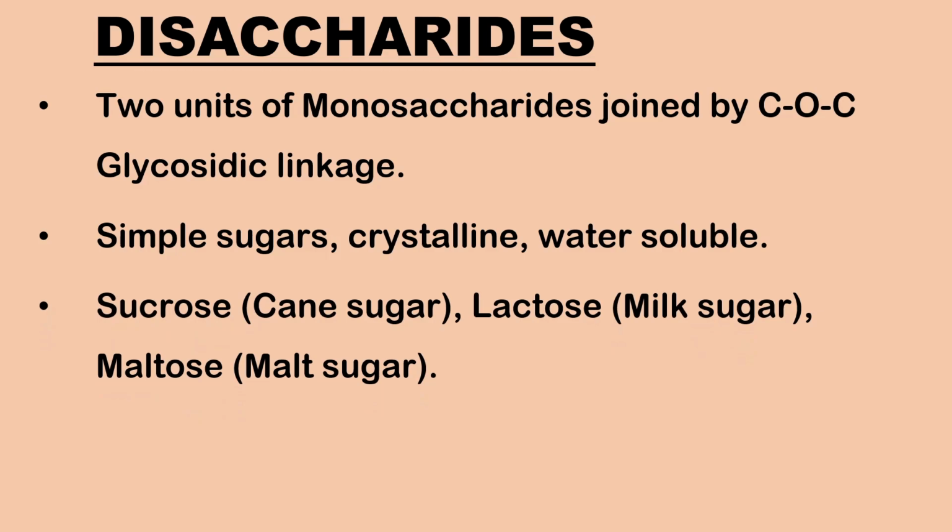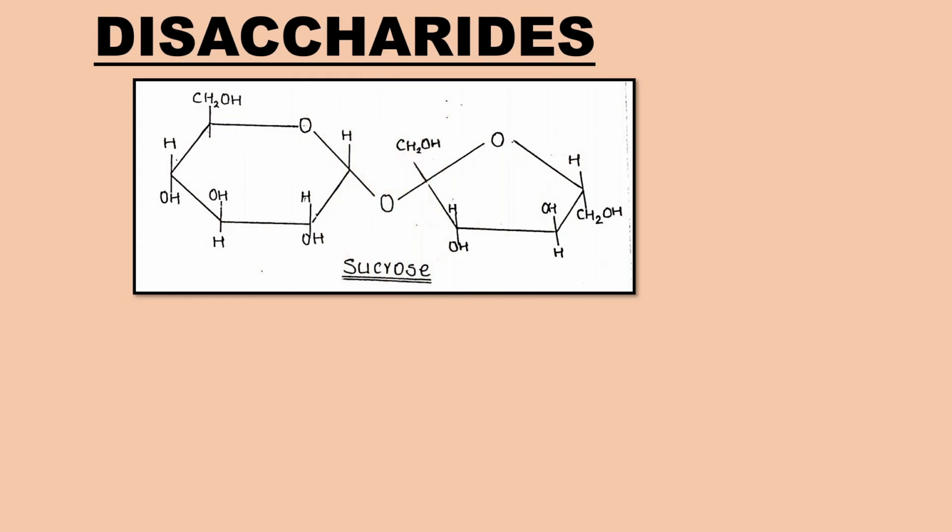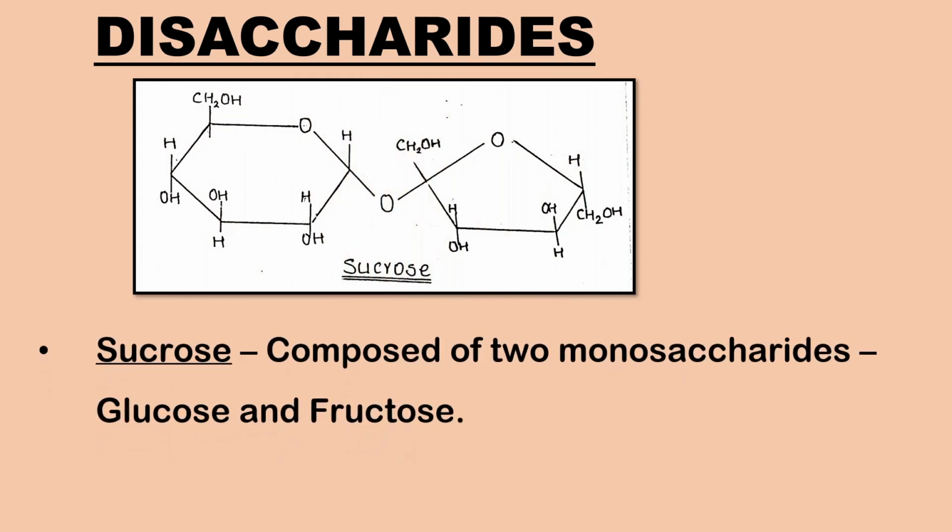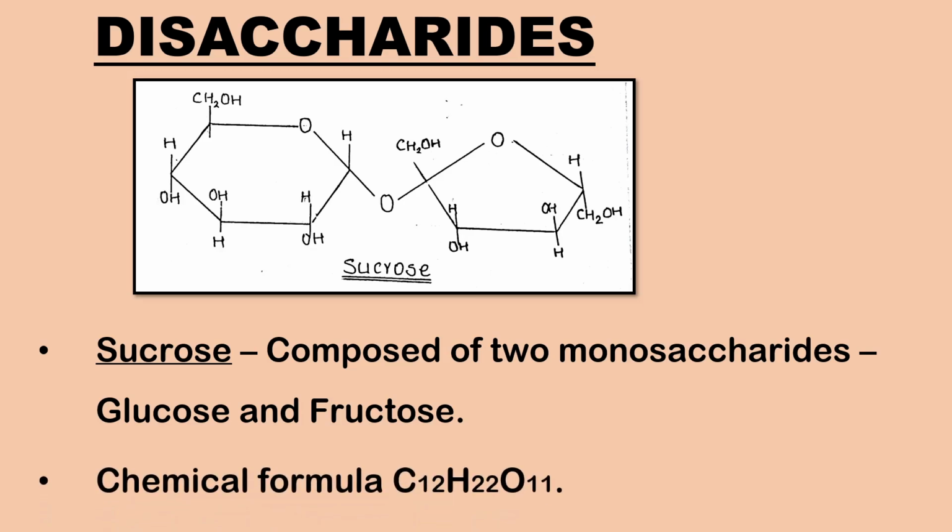Sucrose or cane sugar, lactose or milk sugar, maltose or malt sugar are disaccharide sugars. Sucrose is a disaccharide composed of 2 monosaccharides, namely glucose and fructose. Its chemical formula is